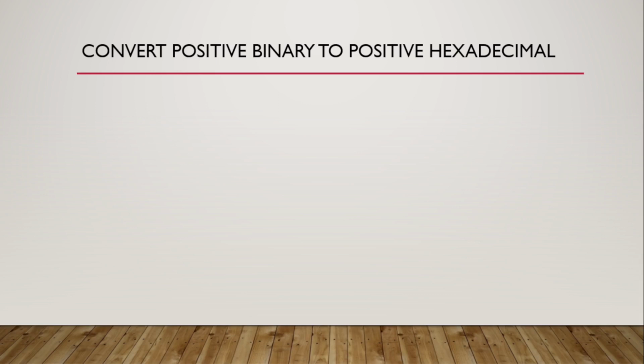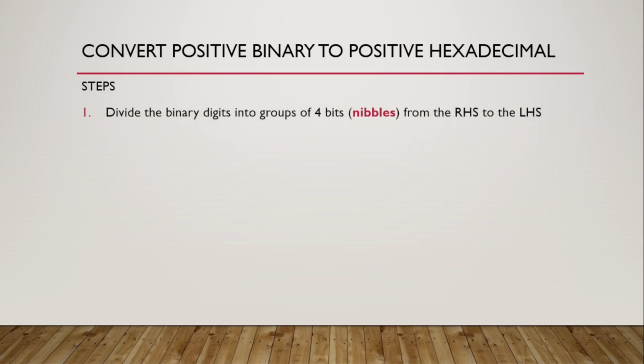How do we convert binary to hexadecimal? The steps are simple. Divide the binary digits into groups of 4 bits from right to the left. So why do we need to move from right to the left? Imagine that you have a 7 bit to represent a number. So if you are starting from left to right to assign